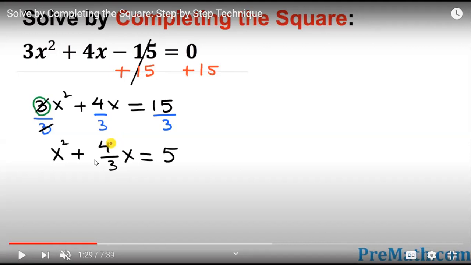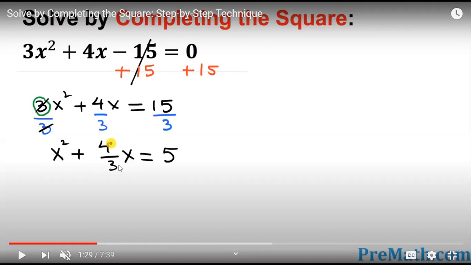As we know, in algebra a perfect square is a plus b whole square or a minus b whole square. A plus b whole square equals a square plus 2ab plus b square, and a minus b whole square equals a square minus 2ab plus b square. So the first term and the middle 2ab term are given, but the last term, which is the perfect square, is missing. How can we find this last term?